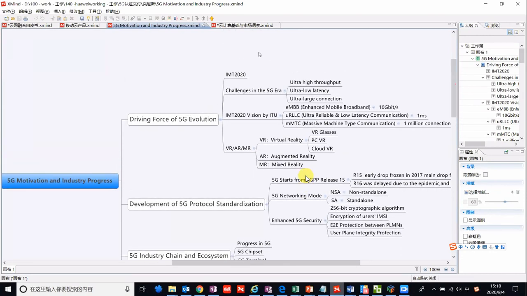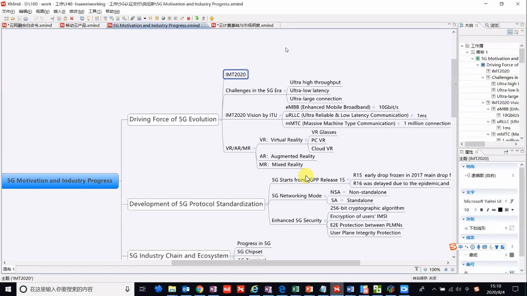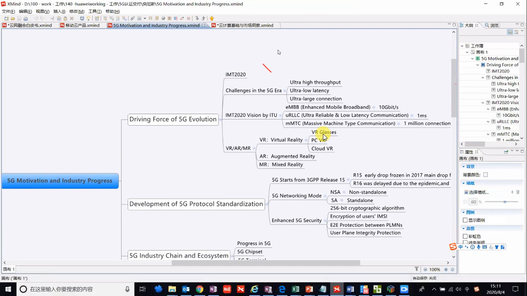Okay, let's review yesterday's content. Yesterday, we have learned IMT-2020.